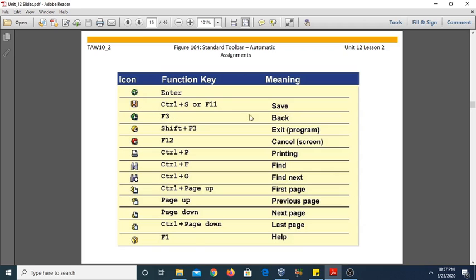Similarly, F3 is used for back, shift plus F3 is exit, F12 for cancel, control plus P for printing, control plus F for find, control plus G for find next, and so on. So we have a number of function keys, and the system is also giving predefined icons here.